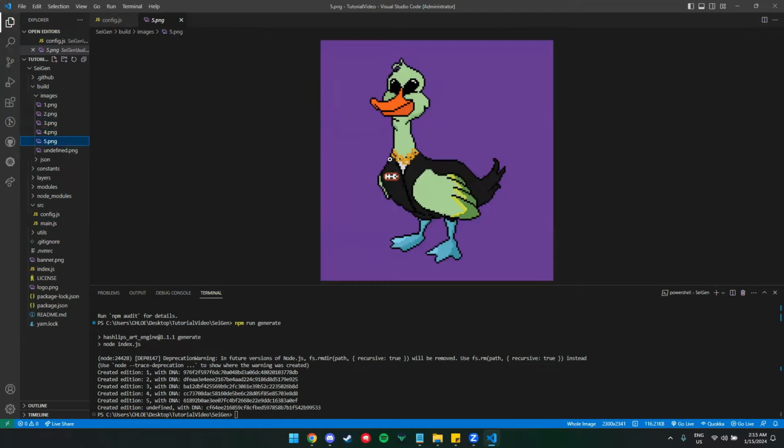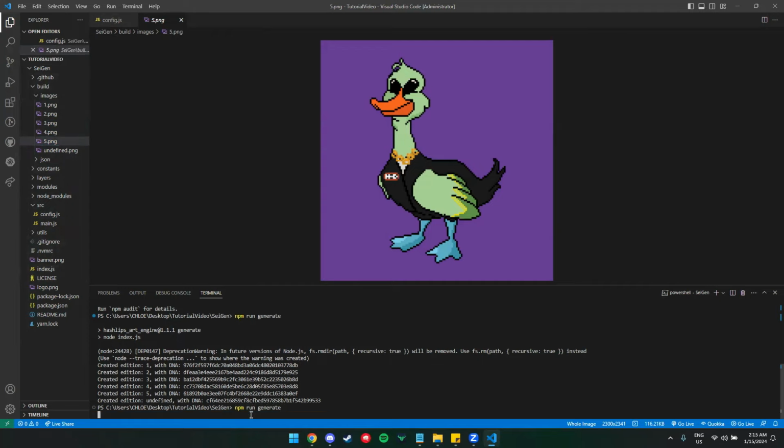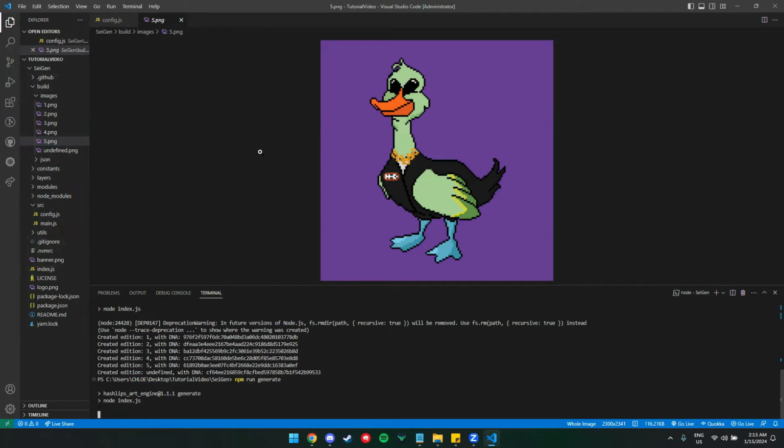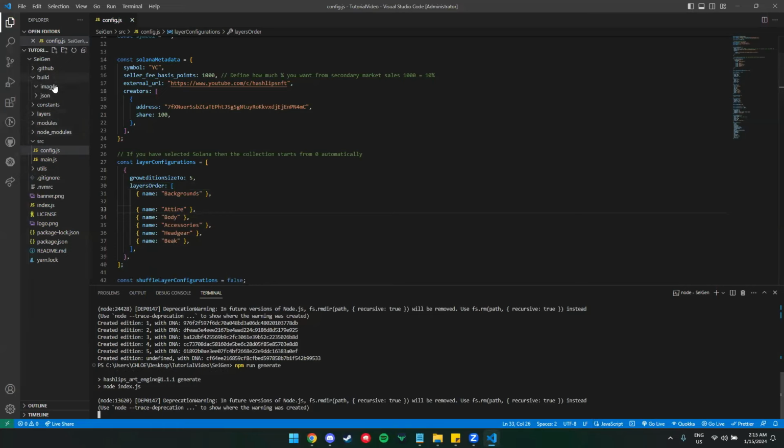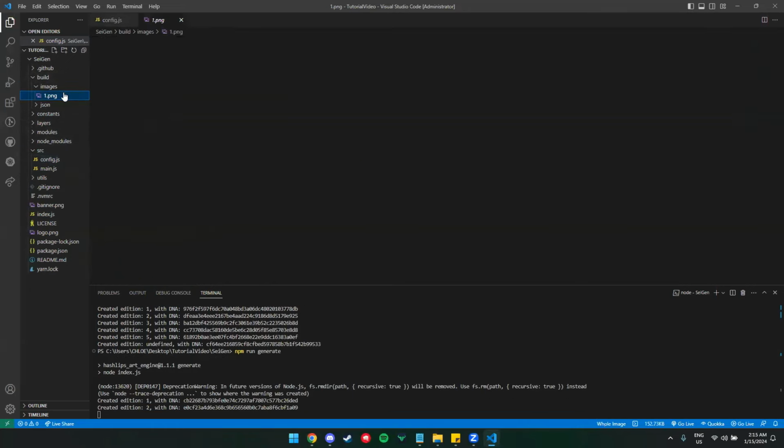This is the body, this is the attire. So if I change the layering, the body will cover the attire. So let's try. The image.